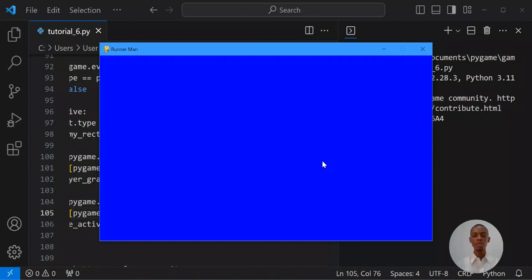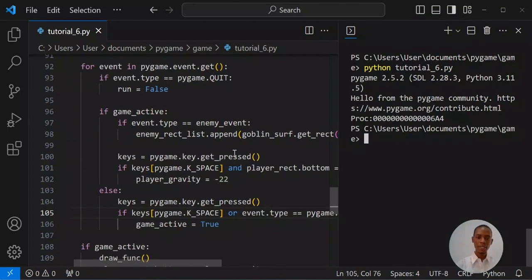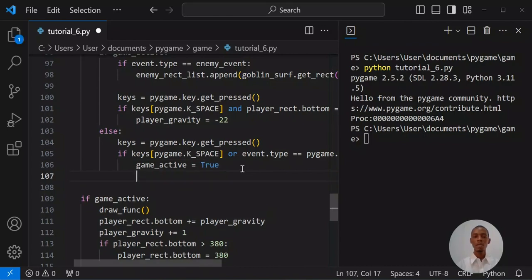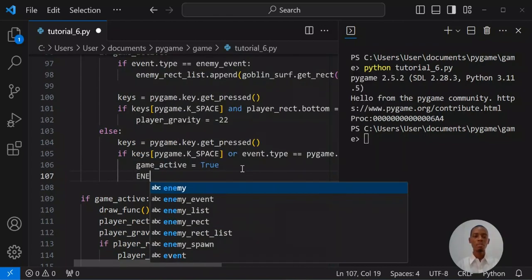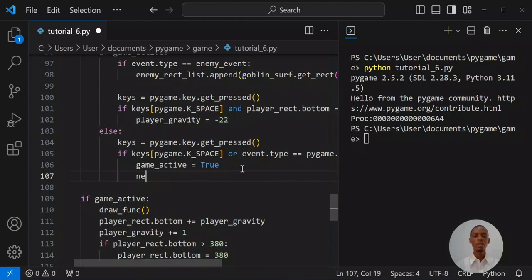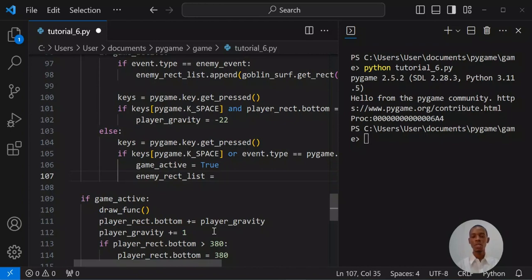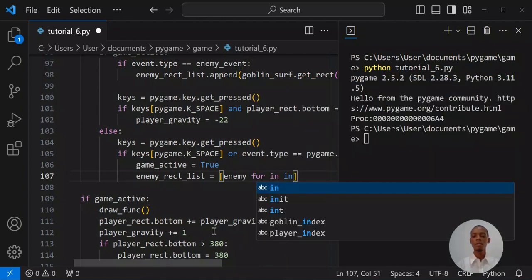But this happens because the player is overlapping with the goblin, and unless the overlap stops, it will keep happening. So to fix this, we are going to delete every goblin at that point, and then start the goblin loop again from the list. So I'm going to say enemy rec list is equal to, just like what we did the other time, enemy rec list is equal to this list enemy, and then for enemy in